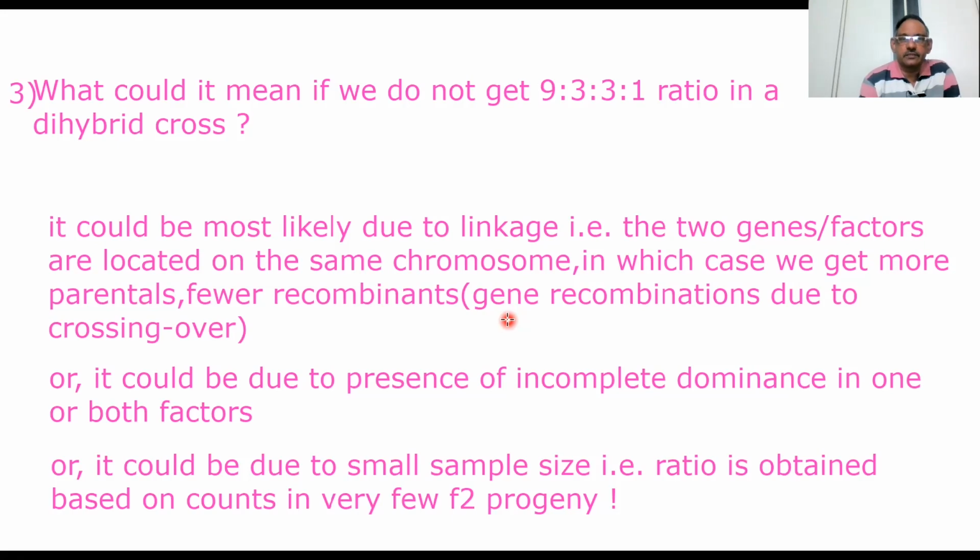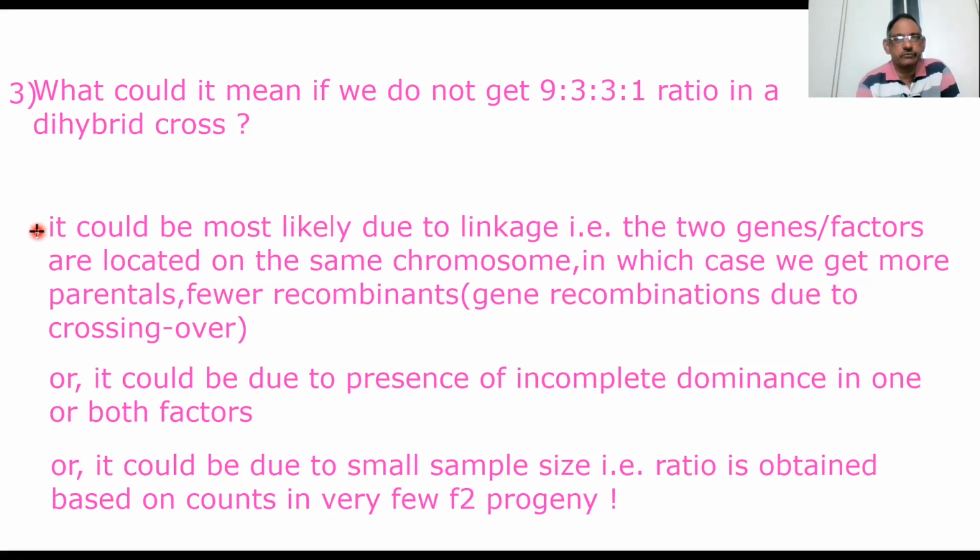And this crossing over results in another type of recombination called gene recombination. Well, the first possibility, if you don't end up with a 9:3:3:1 ratio, is that these two factors under consideration are probably located on the same chromosome, in which case we get more proportion of parentals, fewer recombinants. And these recombinants, in case of two linked genes, are named gene recombinants, and they are produced, of course,